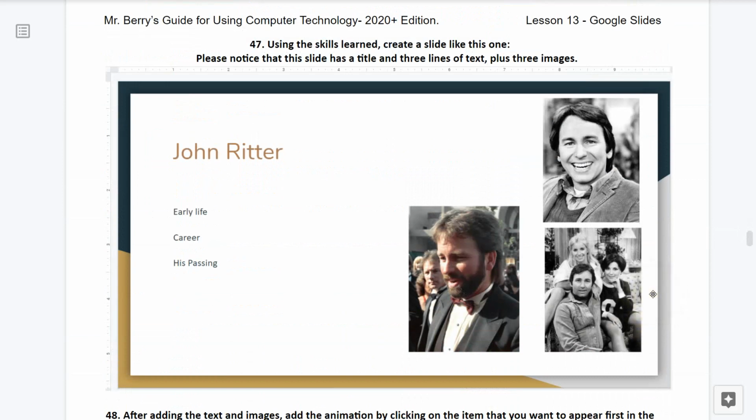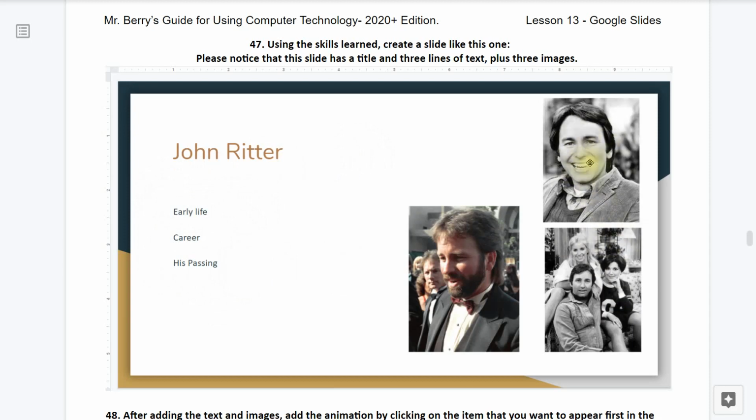Step number 47. Using the skills learned, create a slide that looks like this one. Please notice that this slide has a title and 3 lines of text plus 3 images. So the main title of this slide says John Ritter, and the smaller text says Early Life, Career, and His Passing.